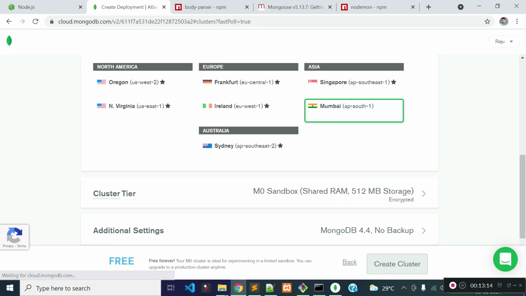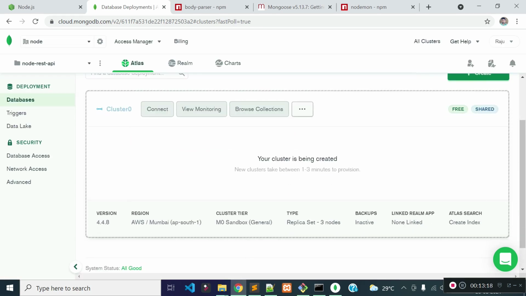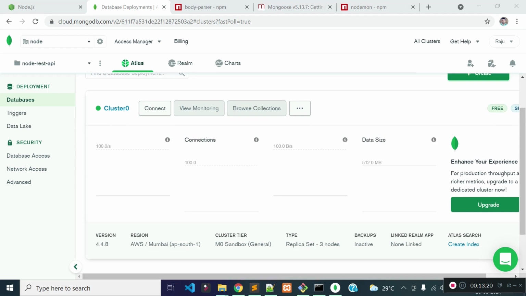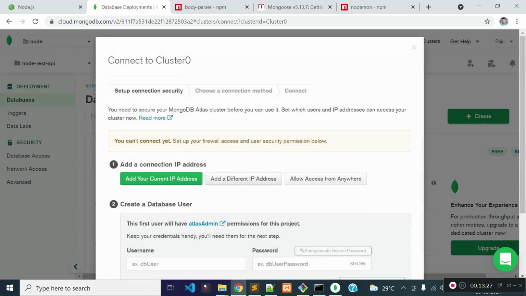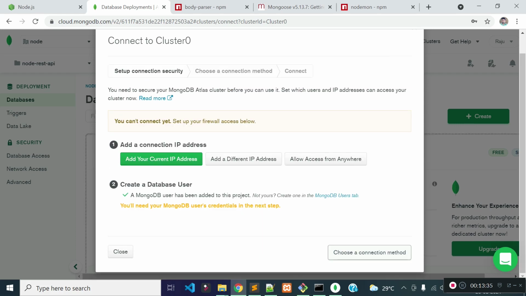It will take some time to create the cluster, so I'm pausing the video. So our MongoDB cluster is ready. Now let's click on the connect button, and then we need to provide a username and password here, and then let's create the database user, and then choose a connection method from here.